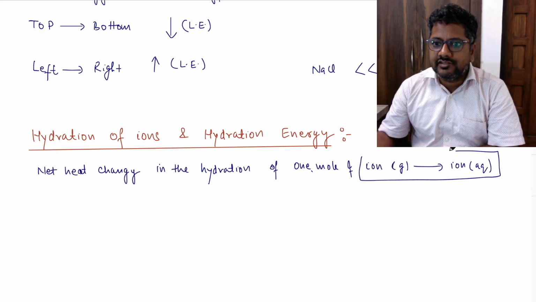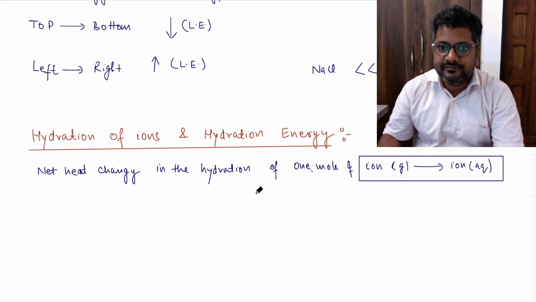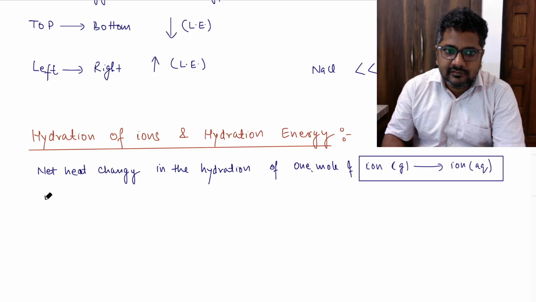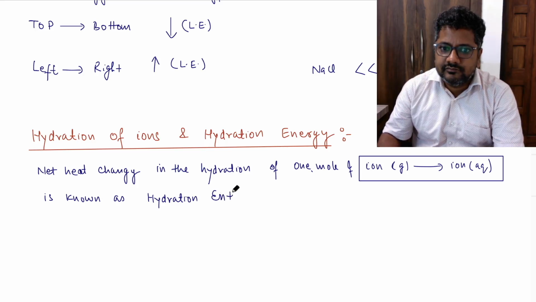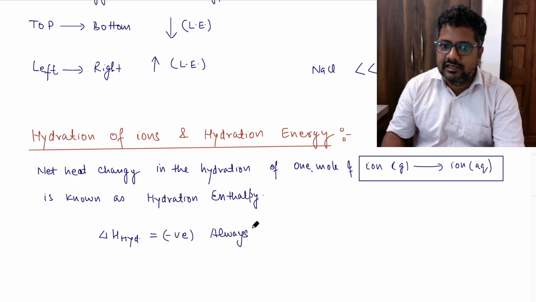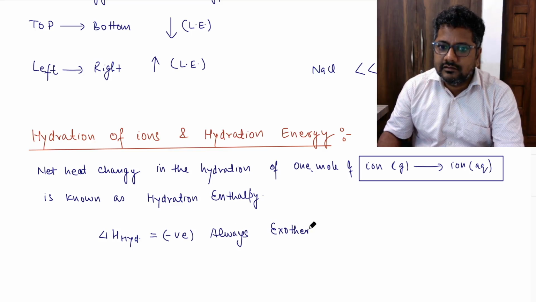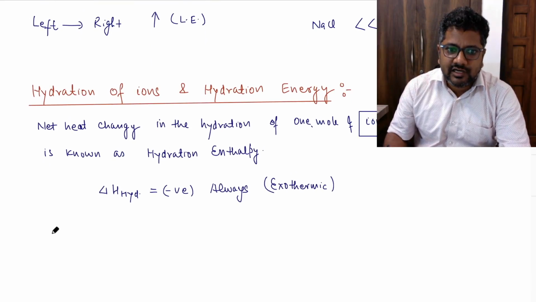So the net heat change in this step is called hydration enthalpy or hydration energy. And you know, delta H hydration is always negative. Negative always means exothermic. Right? And you know, delta H hydration is